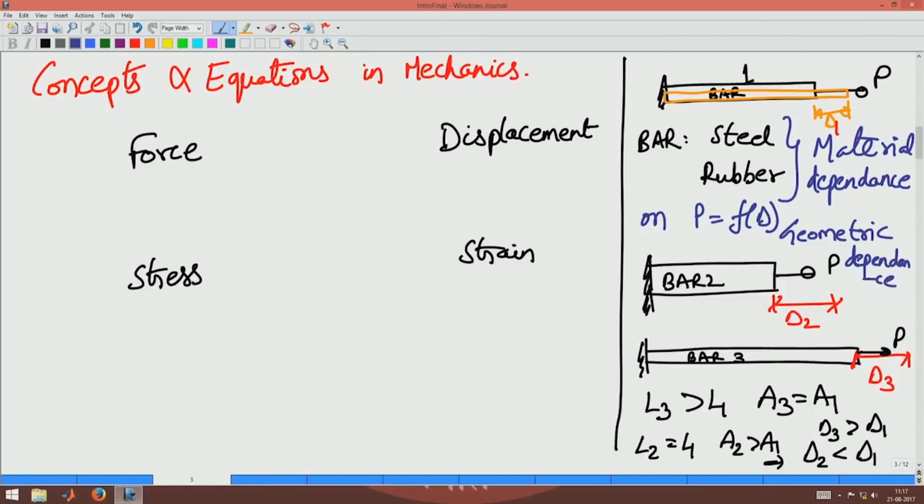If you want to relate the force and displacement directly, such a relationship will depend upon both the material and the geometry of the body. So, you will not have any predictive capability from such a relationship. In other words, this function will have some constants, so I have to do some experiments to find the constants. Once I find the constants and relate the force and displacement, I can't use that relationship to understand what will happen for a different geometry of the body, or when the body is